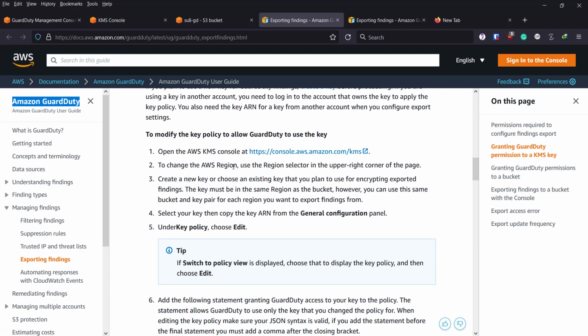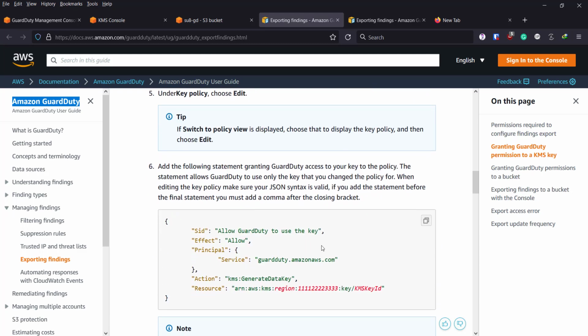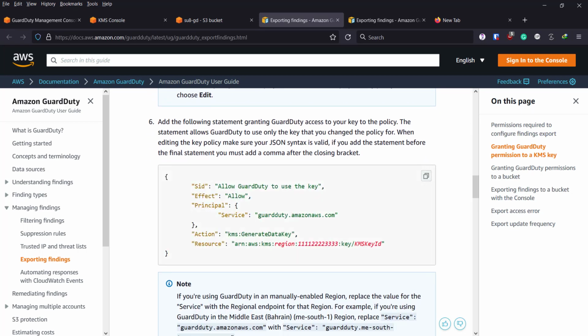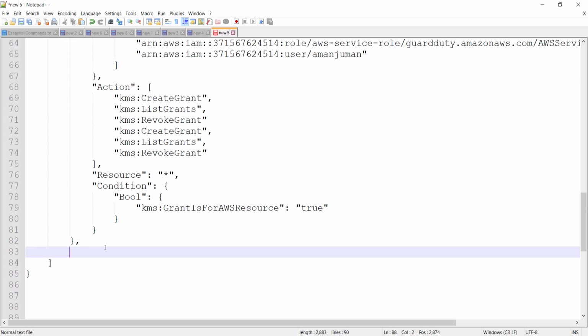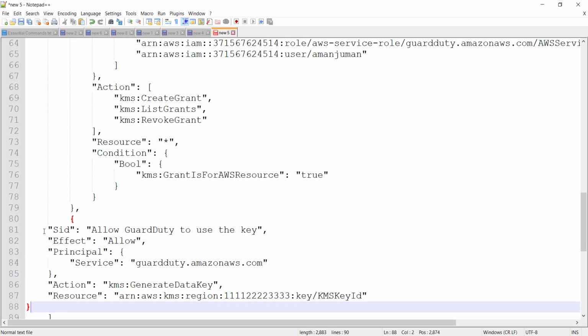So I will put this link in the description so it will be much easier for you to navigate. So here it says you have to add this policy in order to allow S3 access. So I'll copy this one, then I'll put it in here, and you can actually format it, but it's not important. Allow GuardDuty to